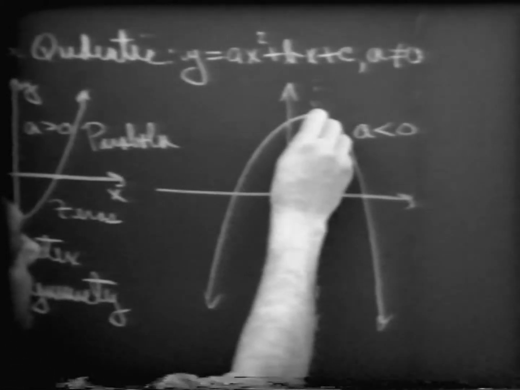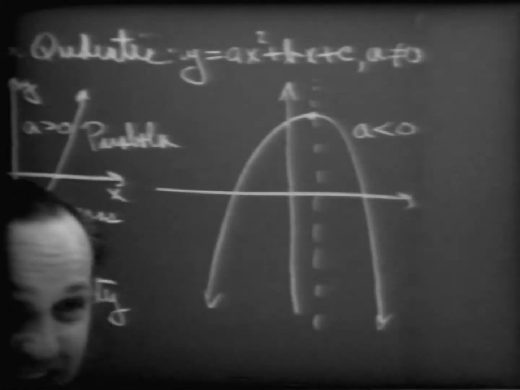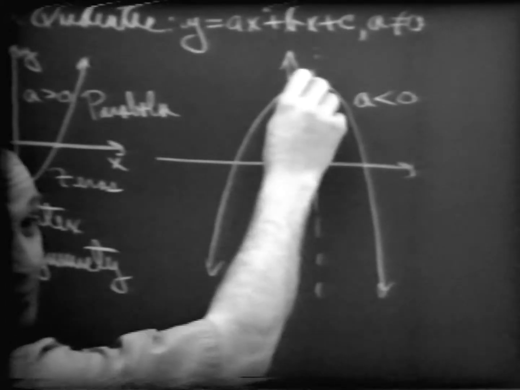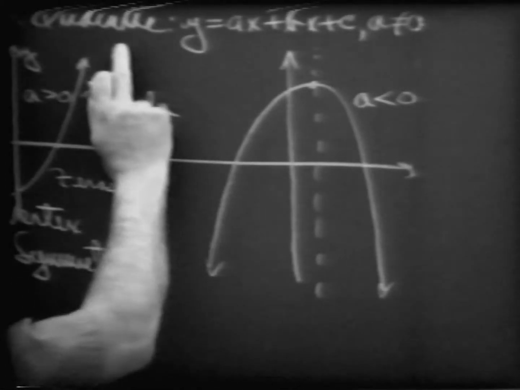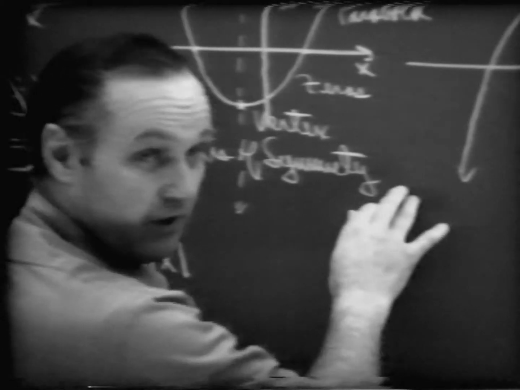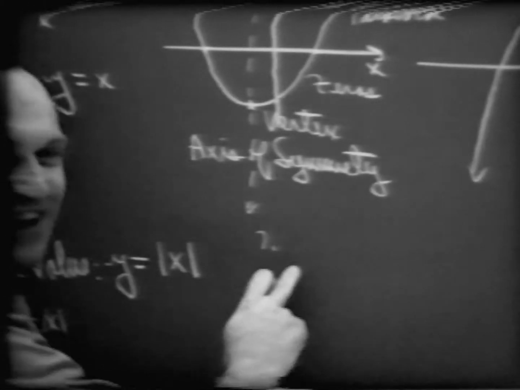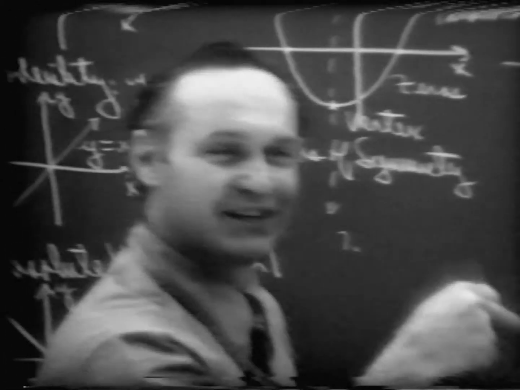And in fact, because it does open downward, what then is that vertex point going to be? David? Maximum. It's going to be a maximum, okay? This was the quadratic function, and as I said in chapter 11, we're going to study this function in much more detail. Then there was another function that we considered, and that was a polynomial function of degree 3,